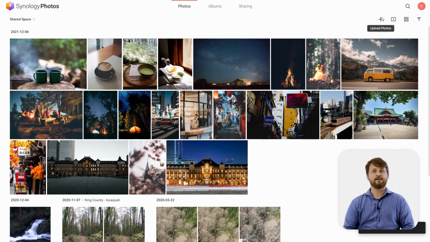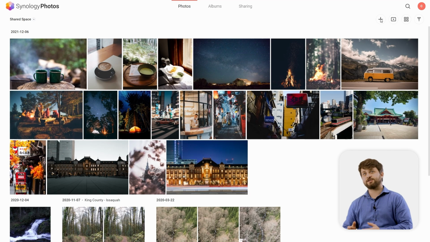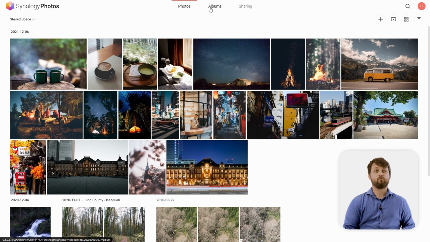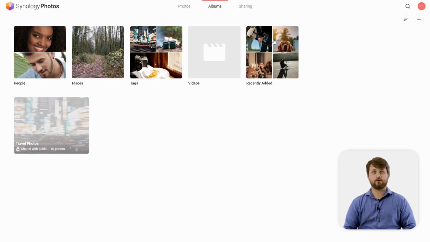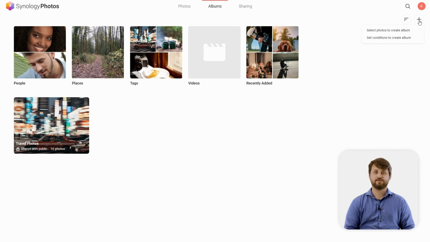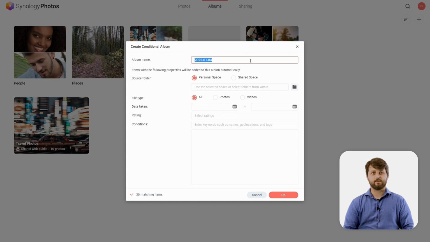So now what we can do is actually create a conditional album that will reference that tag specifically. So if we hit the plus icon under the albums, we can create a conditional album, and we're going to put it into a shared space. And we're going to name this album just coffee and tea. And once we do so, we can select what file type we want put in the album.